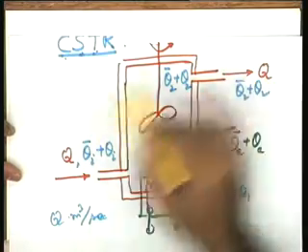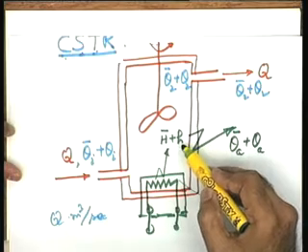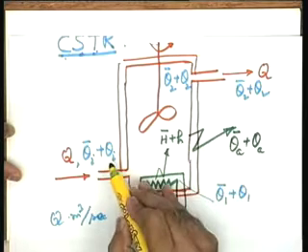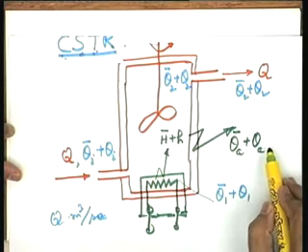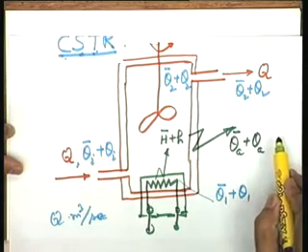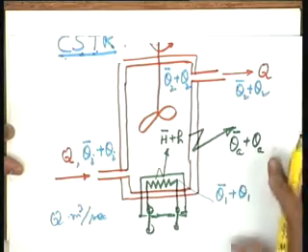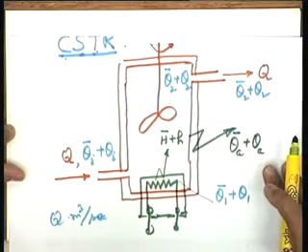When I design a feedback control system for this particular situation, I will really control this h in such a way that the effects of theta I and theta A are reduced to 0. This is the objective of the system. The control system is to come later. At this particular juncture, the objective is to study the dynamical model of this thermal plant or the temperature process, you call it.